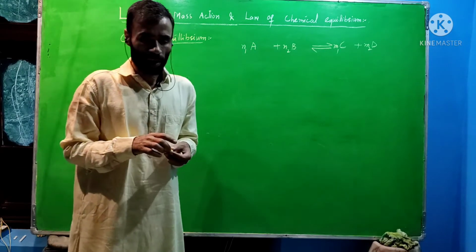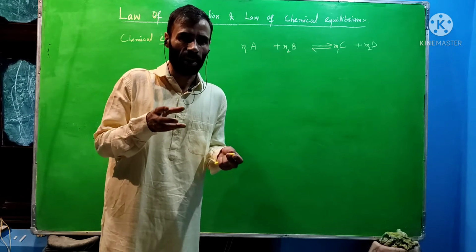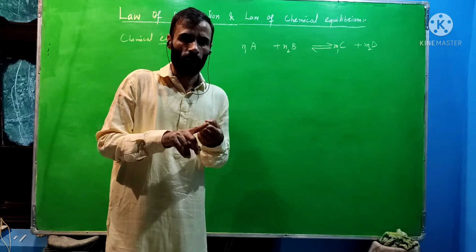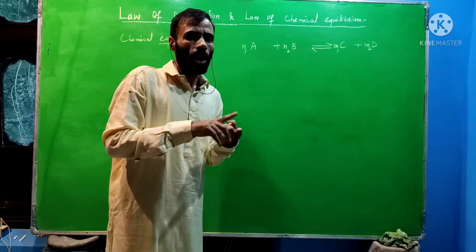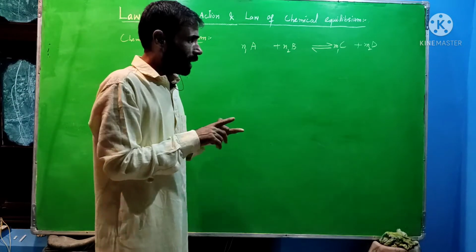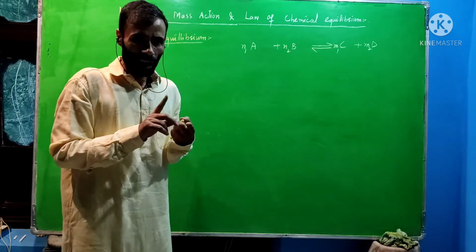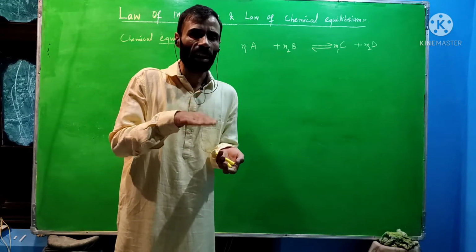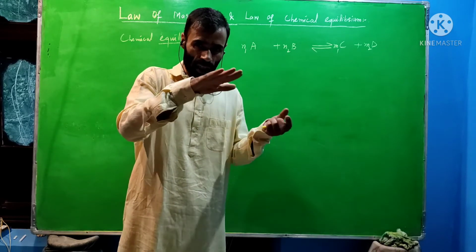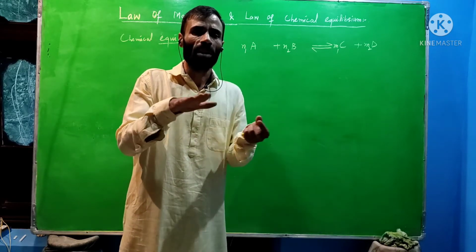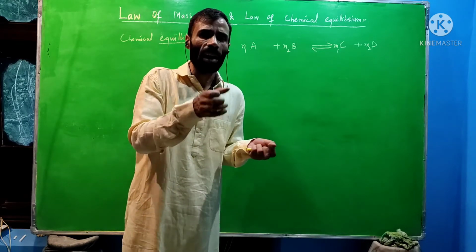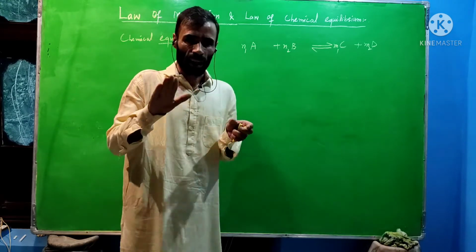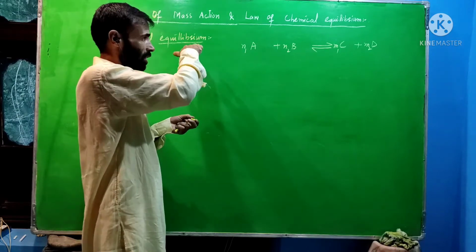Reversible reactions occur mostly if the reactions are carried out in a closed vessel. We know that if a reaction is carried out in an open vessel, it almost goes to completion. However, if the reaction is carried out in a closed vessel, then the concentration of products increases with the passage of time, and a stage is reached when the products start reacting with each other again, leading to the formation of reactants. At that stage we can say that the chemical reaction is in equilibrium,